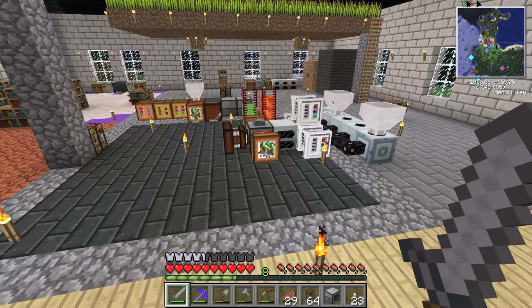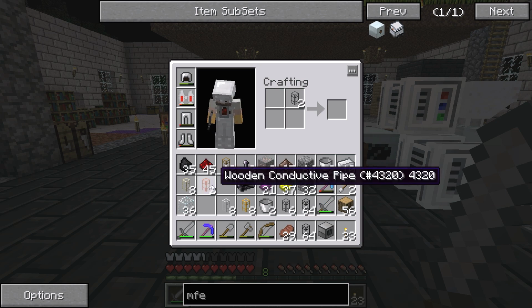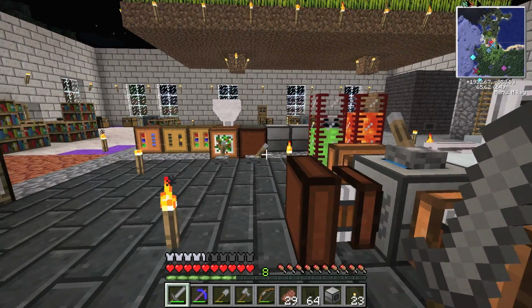So let's actually make some of these conductive. So I want some conductive wooden pipes, which you do just by combining them with redstone, and some conductive stone pipes. I believe cobblestone doesn't let you do it like that. So what I can do with these is...